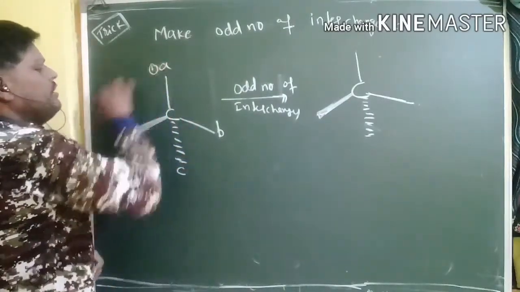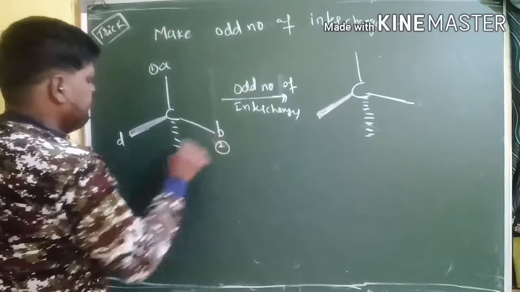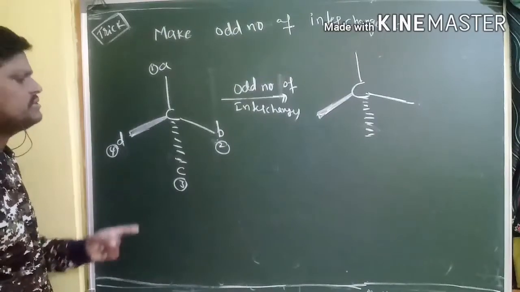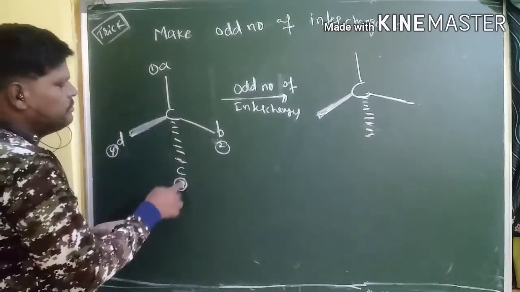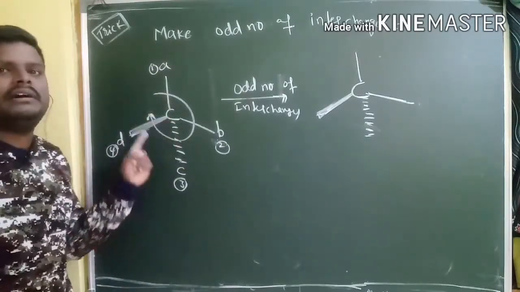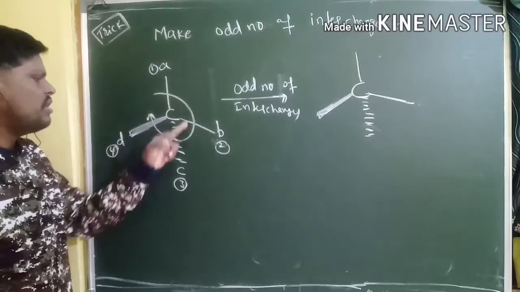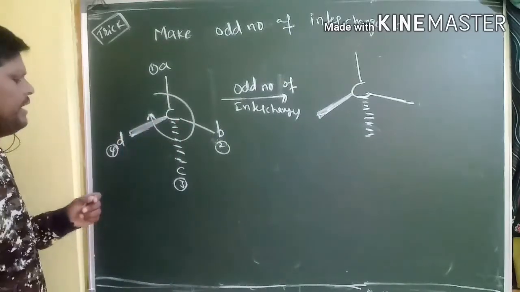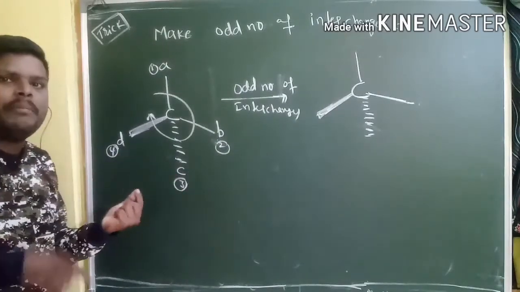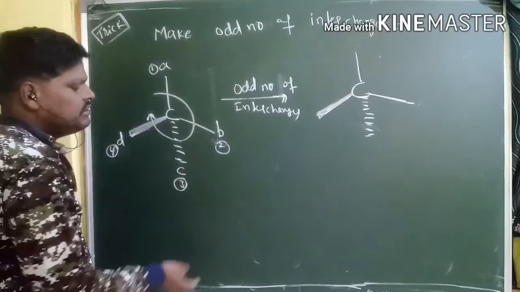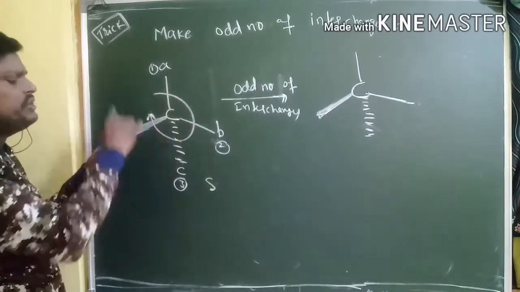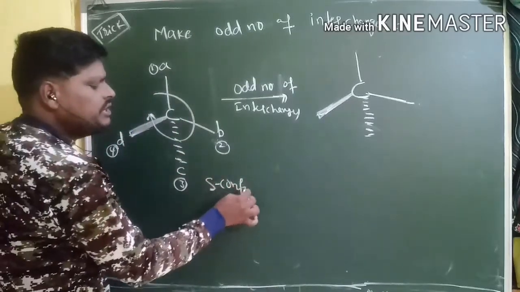Yes, here first priority is A and second priority is B, and third and fourth priority here. D is our least priority here. What is the direction for this molecule? 1 to 2 and 2 to 3. So again it is clockwise direction, because it is right side direction here, right? So clockwise direction. But here the least priority is not on the broken wedge. That's why you take the opposite configuration. So what is the opposite configuration? We got clockwise direction, but you should take the opposite configuration, that is S configuration here.